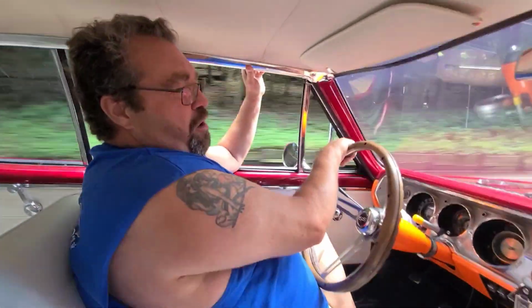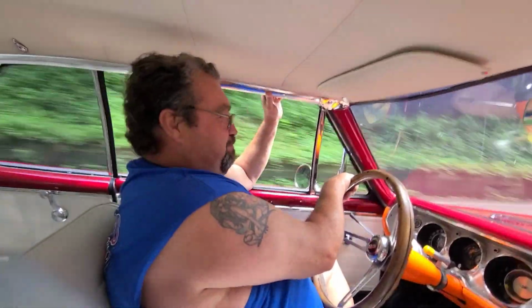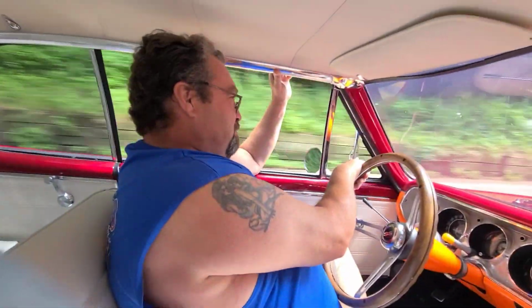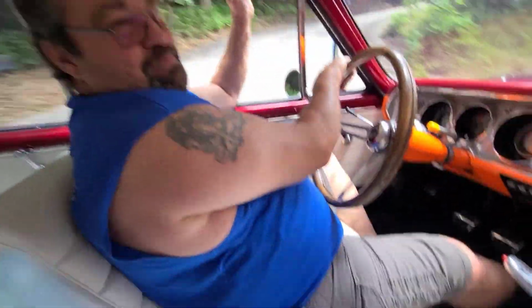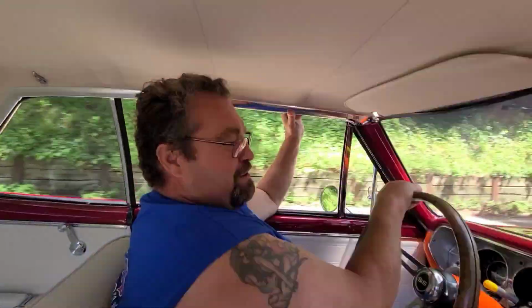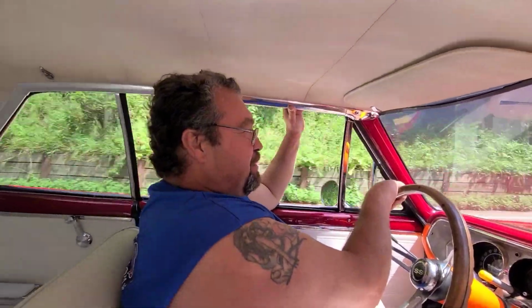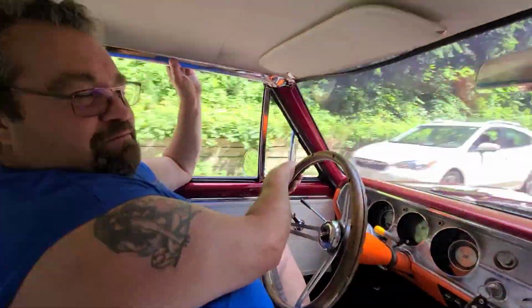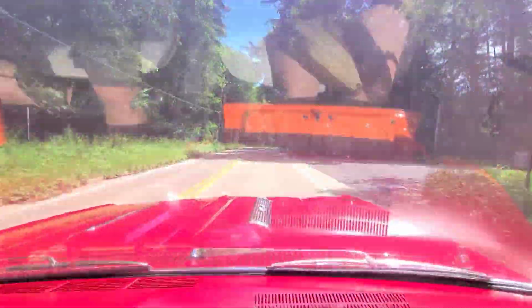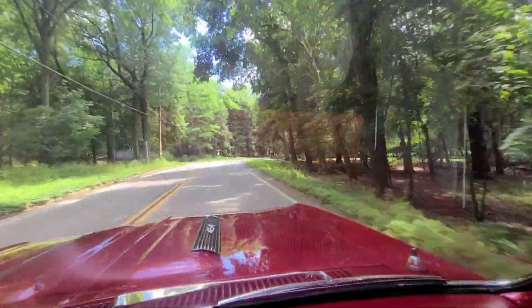And I didn't get out of Horicon, and guess what I did? I put the linkage wrong on third and fourth. So on the shifter, third is actually, what are you doing? Showing the shifter. So yeah, the shifter's backwards, but that's all right. We're trying to get some gas mileage today, so we're going to try to stay out of the gas. Hopefully make it home. She's a Chevy, she'll make it. Nice scenery on our ride